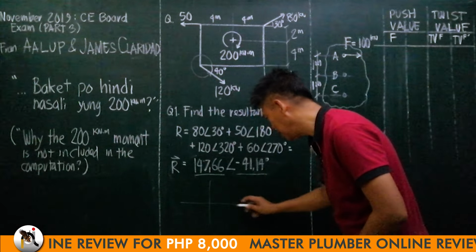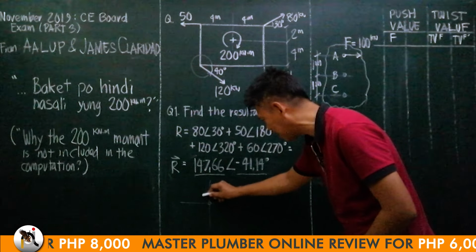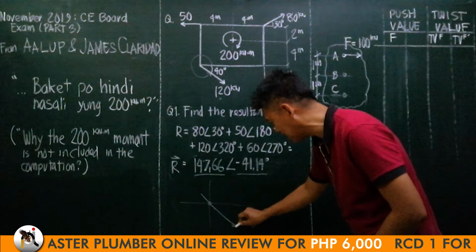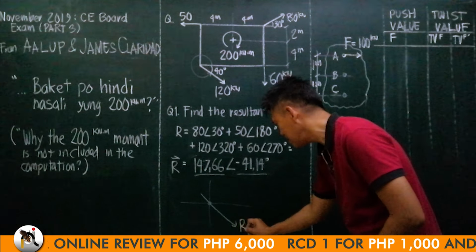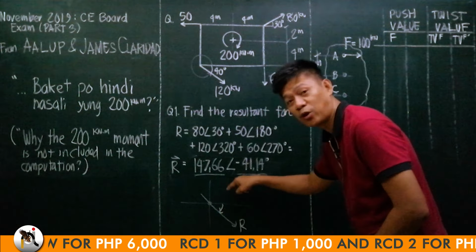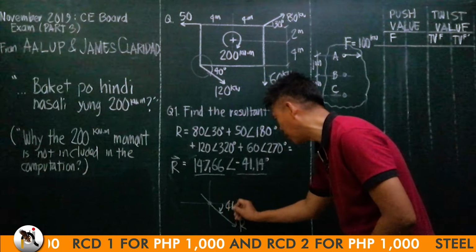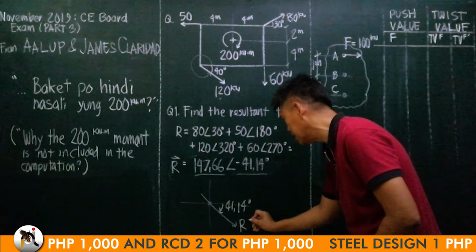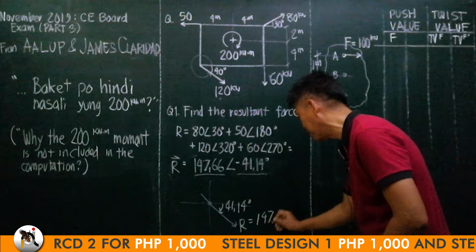Meaning, if this is the point where R is acting, it is directed somewhere here at a clockwise angle of 41.14 degrees, and R is 147.66